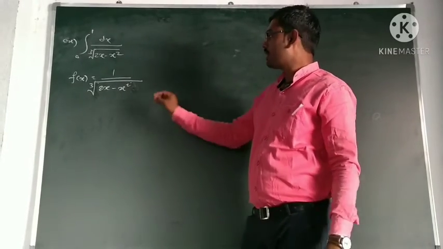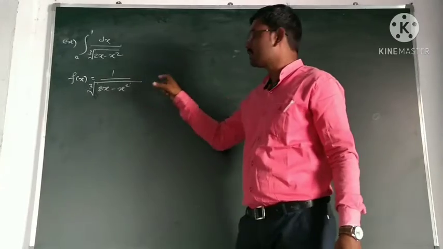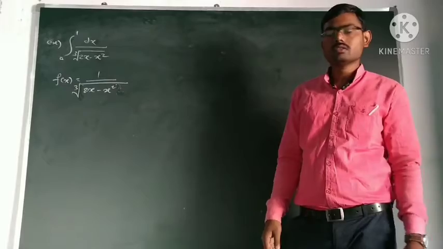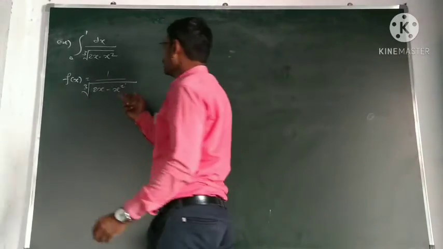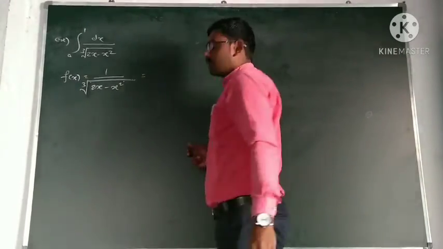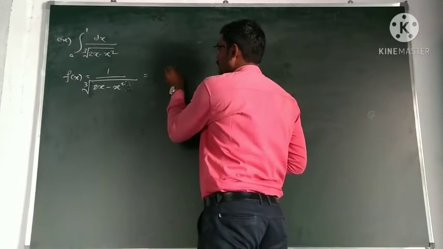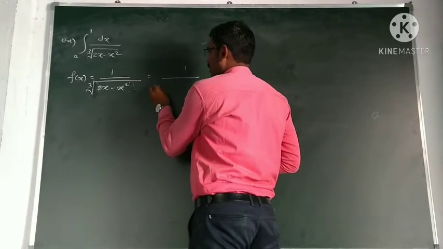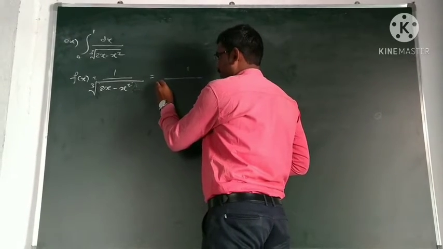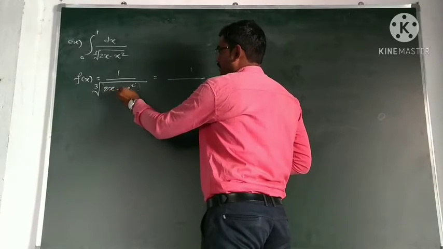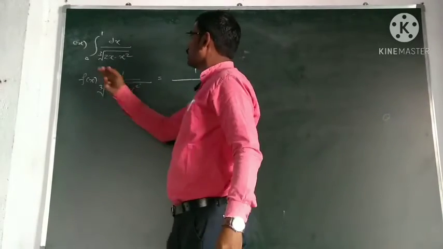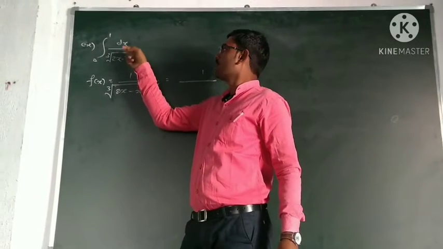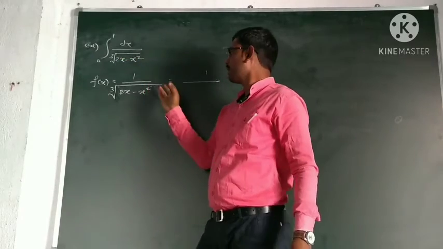Okay, we will try to make it simple. So we will use our comparison test or quotient test. Now this is the same as 1 upon the expression in brackets. Here 0 is a singular point, because if we put x equal to 0, we get 0 minus 0, the square root of 0, and 1 upon the square root of 0 is infinite.